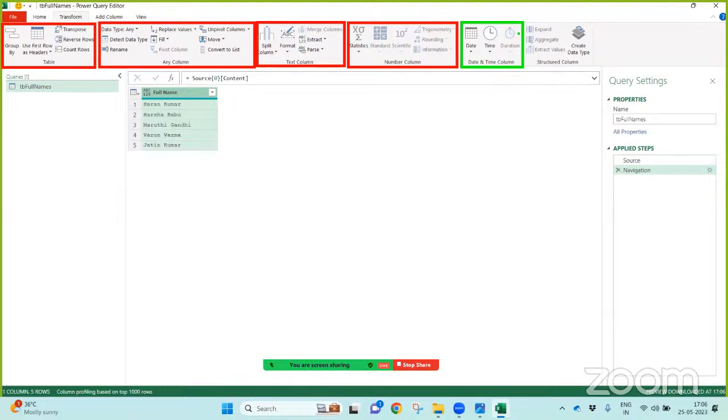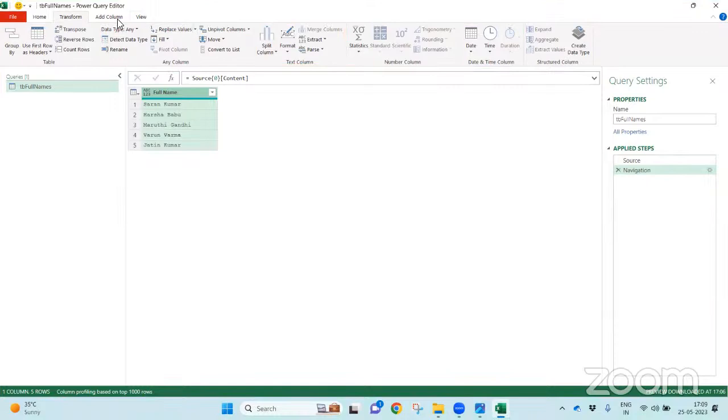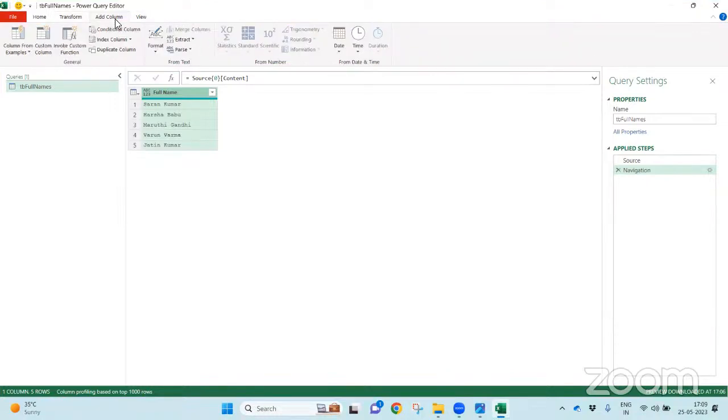But in most of the cases, I can solve my problem by just using user interface transformation commands, right? Now, if you want to add a separate column, you can go to Add Column and add a custom column. You can invoke a custom function, add a column based on a condition, or insert a serial number and so on.